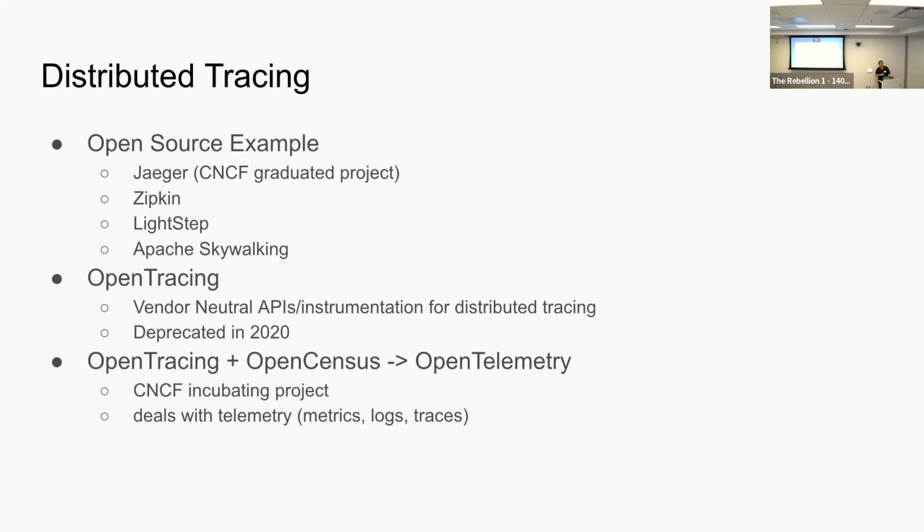That's because they wanted to combine their effort with OpenCensus, and then they came up with a new project called OpenTelemetry, which is an incubating project for CNCF. They combined all these things into what they call telemetry data, which is composed of metrics, logs, and then the traces, as we said. And I think they are adding more definition to what they mean by telemetry data later on. But anyway,